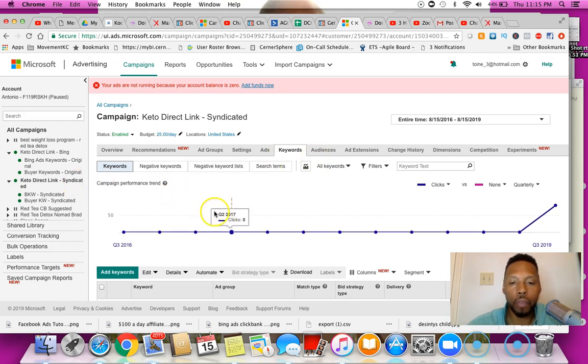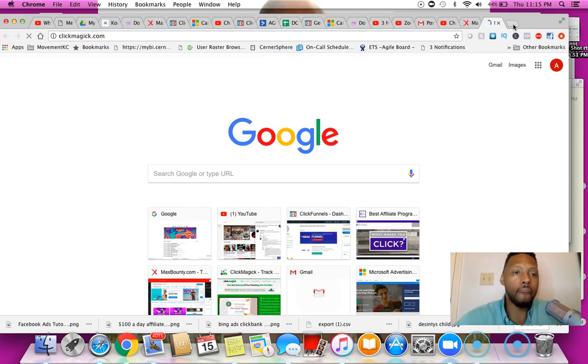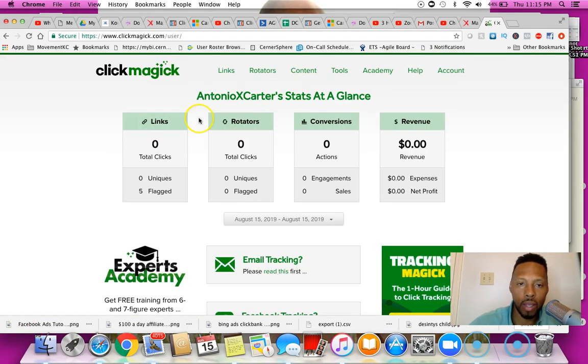And I sent all of those clicks within one day. And this is what it looks like. Okay. I drove 131 clicks. 96 of those was flagged. I'm going to double check into that. I need to figure out what was going on, because if Bing is sending me fake traffic, I'm going to have to send them an email and let them know, hey, I'm paying for this traffic and it's not really happening very well. Some of these don't have to necessarily be bots.